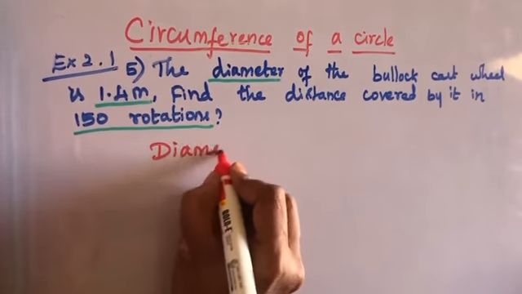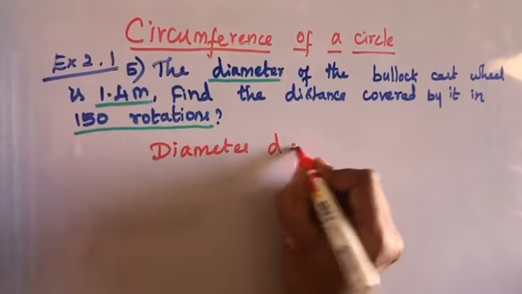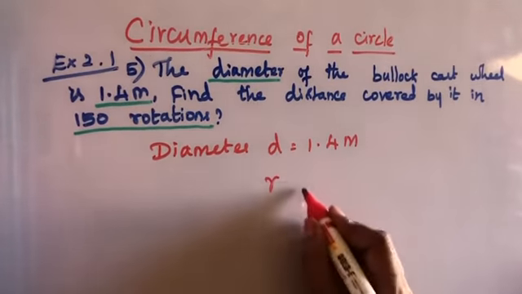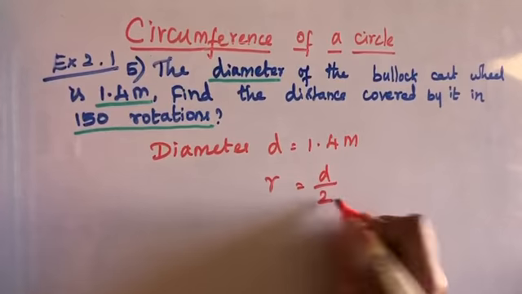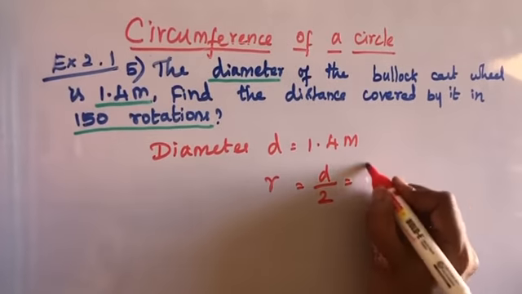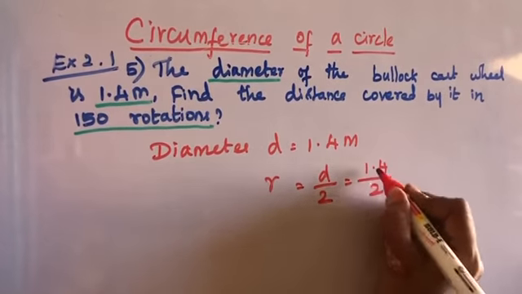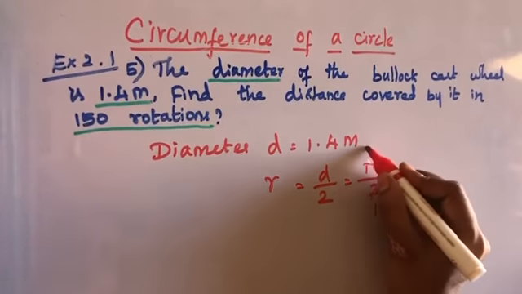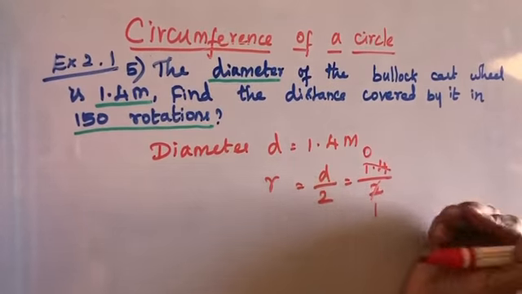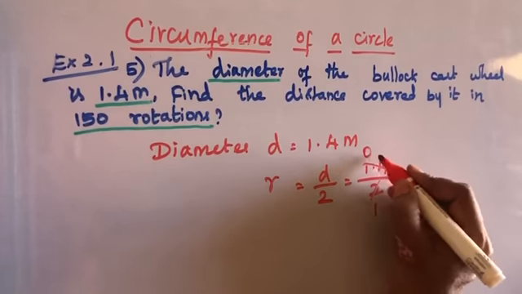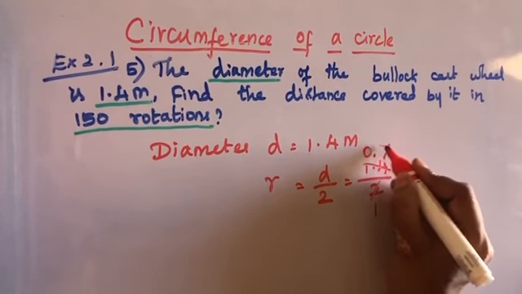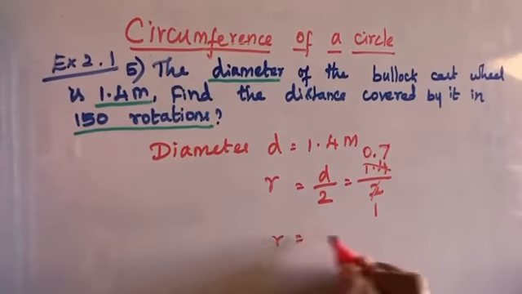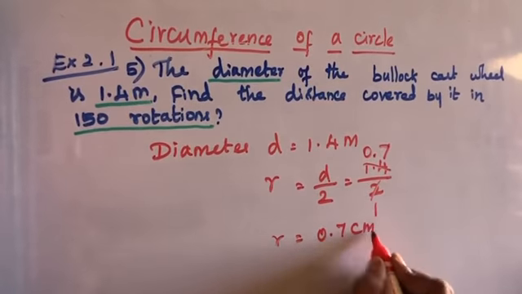The diameter D is equal to 1.4 meter. So, you can find the radius. What is the formula? D by 2. So, 1.4 divided by 2. Here it is a decimal value, right? 1 2s are 2, 0. In 1 we couldn't make it. So, 0.14, 7 times, 7 2s are 14. Okay, so R is equal to 0.7 meter.